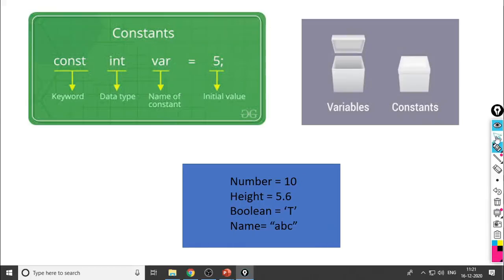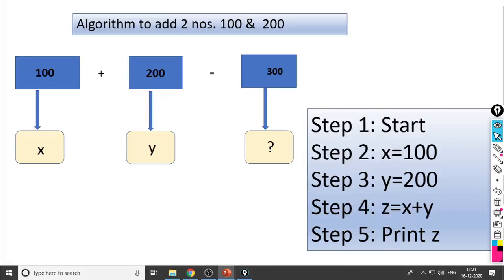So let us see examples. Here is the first example, algorithm to add two numbers 100 and 200. We have seen real life examples, how to make a cup of tea, how to make a sandwich. From this we are going to do mathematical problems. So how can we solve this one? We have learned what is constant, what is variable. So what is our first value? The question is like this, algorithm to add numbers 100 and 200. Numbers are given, constant values are given, we only have to do the addition of these two numbers.